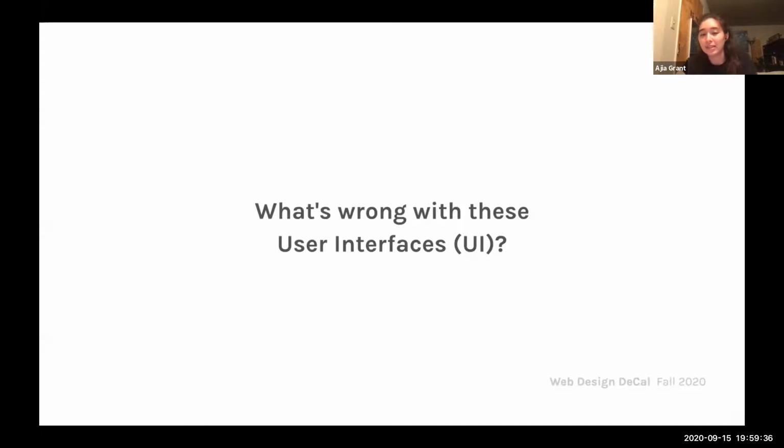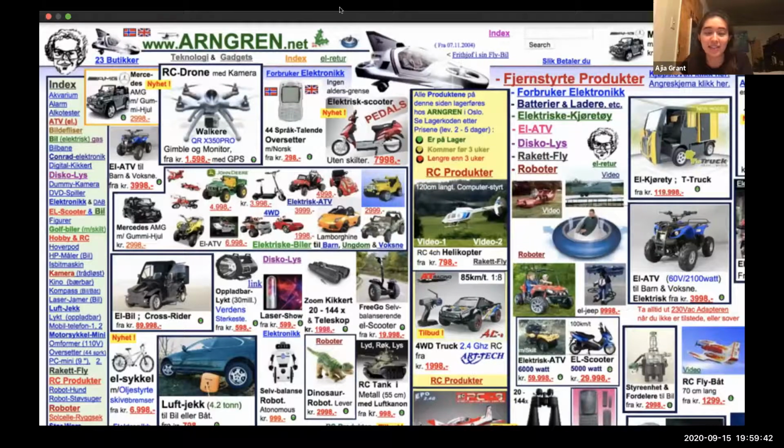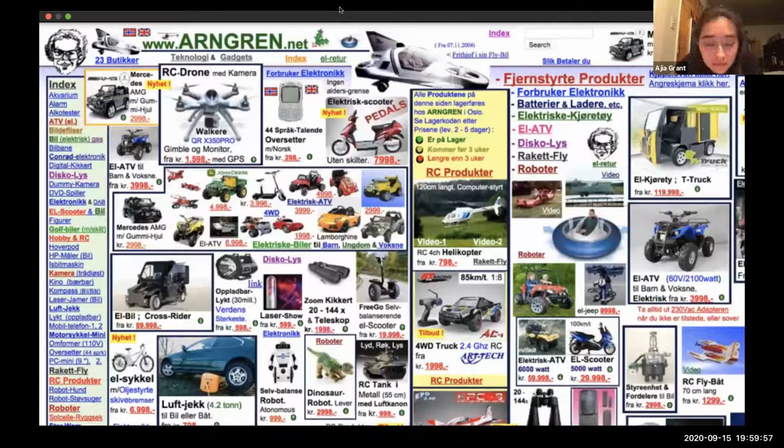What is wrong with these user interfaces? So let's start with this one. If you just want to unmute and just say something quickly. Anybody? Too much on the screen. So cluttered, super crowded. Yeah. Overwhelming.